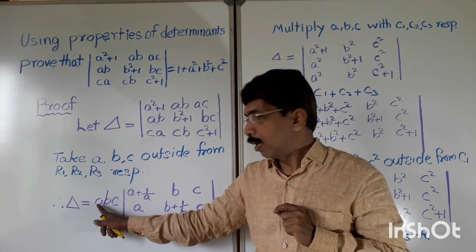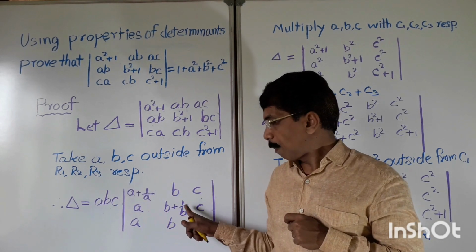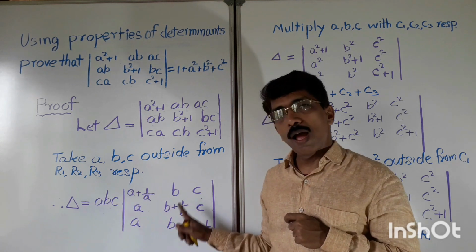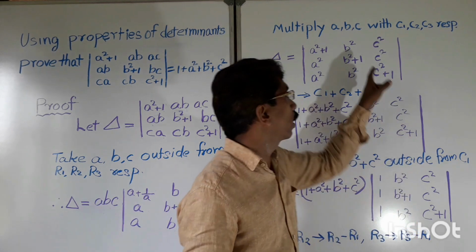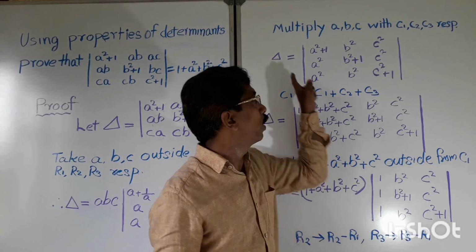So it comes B, you multiply with B, it will come B square. This is B square plus 1. 1 by B will be 1 only. So B square plus 1. And this is B square. So second. Similarly, you will get the third column. So we got like this way.